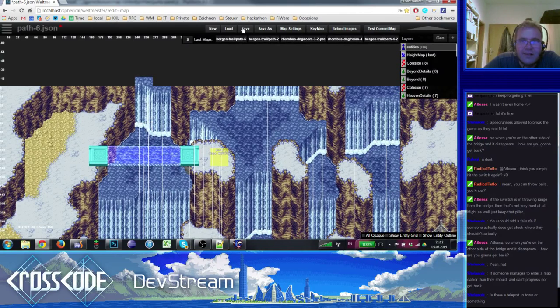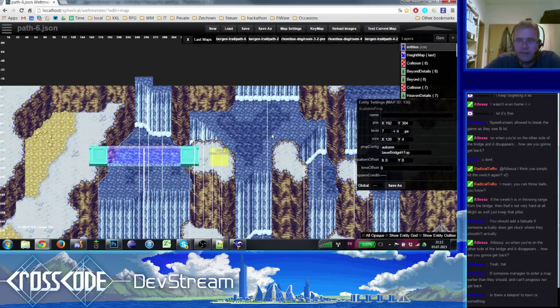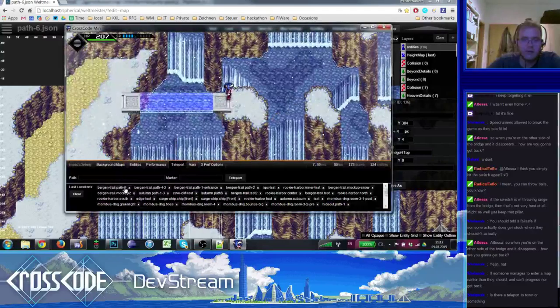I did some fine tuning because those entities here were on the wrong height. They don't have to be exactly on the 7th level, but they actually have to be 4 pixels higher to have the right collision. Yeah, I mean, laser bridges are kind of complicated, but once you get a hang of it, it's okay.